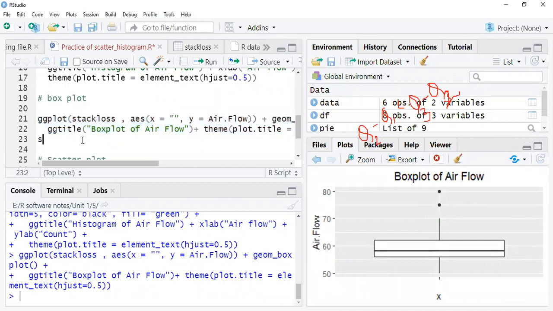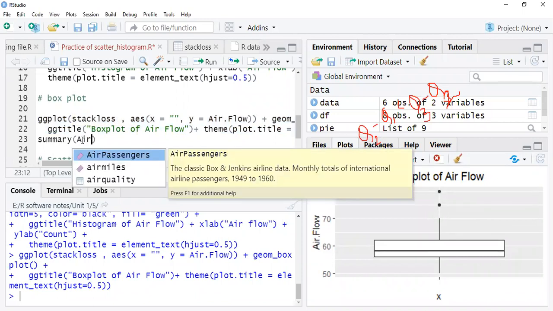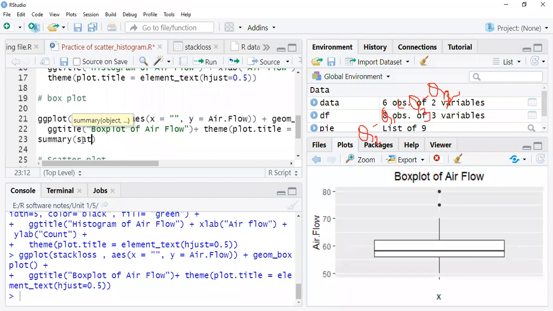summary. Just type summary here. Summary of what? Summary of airflow, but if you write airflow directly, will it come? Let me check. If you write airflow directly, it will not come. Okay, so you have to write stack loss. If you do summary of stack loss, you will not get the summary of all.